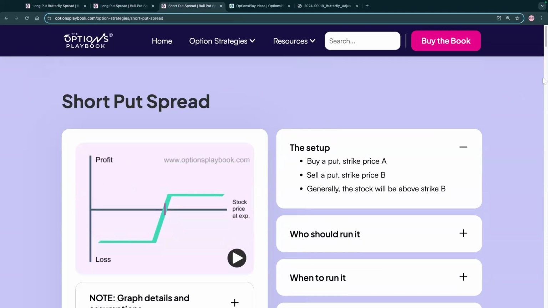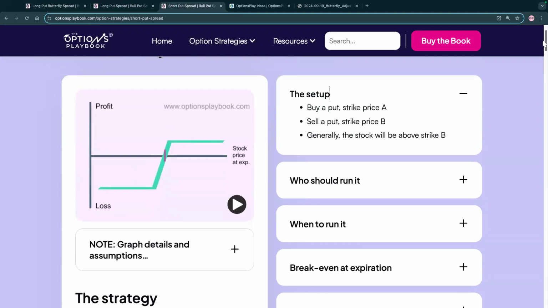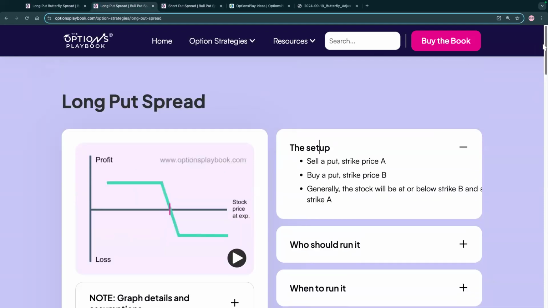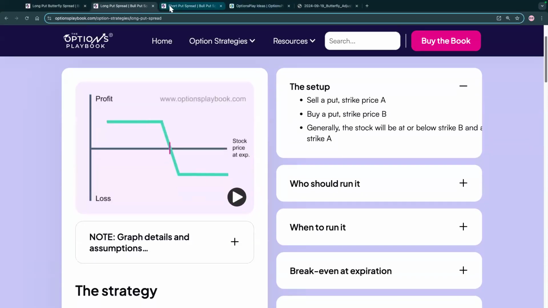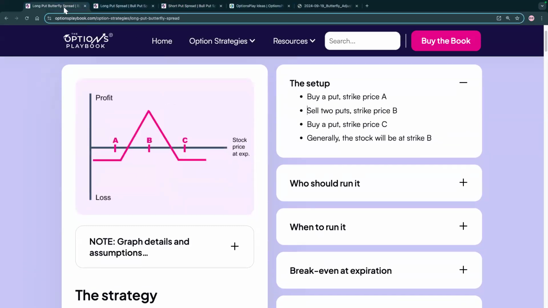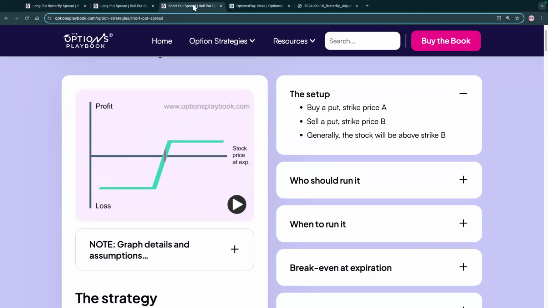Now remember, and let me scroll this up a little bit just so it's a little clearer. Okay, there we go. So the long put spread wants it to go down, and a short put spread wants it to go up. When we started this trade, we were hoping that the market would go down. All right, what happens if it goes up? Well, we start losing money on our put, but which of these two strategies is bullish? Well, the short put spread, right? I want the market to go up, and this part is the short put spread.